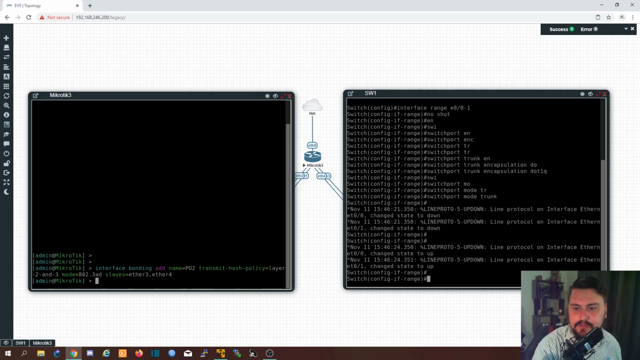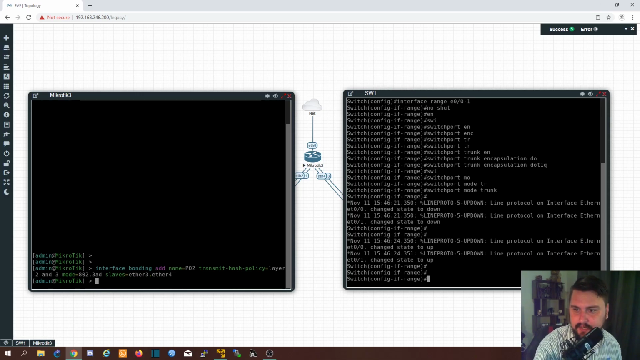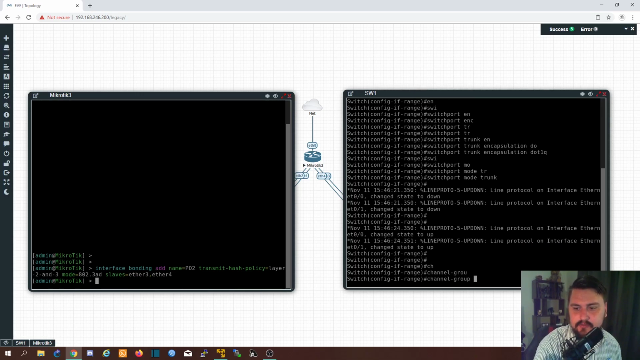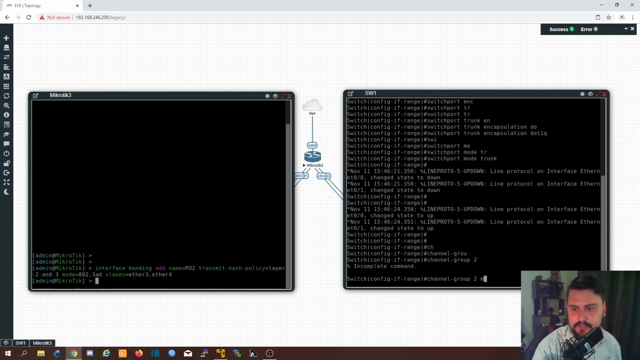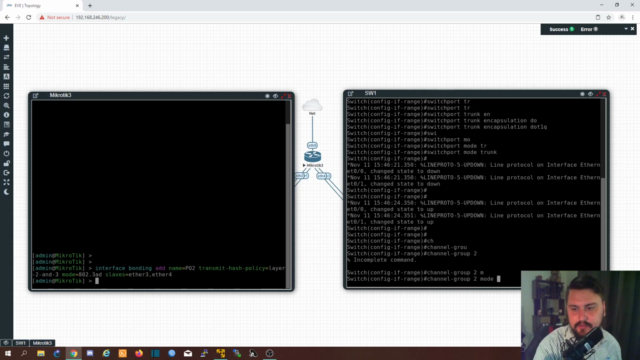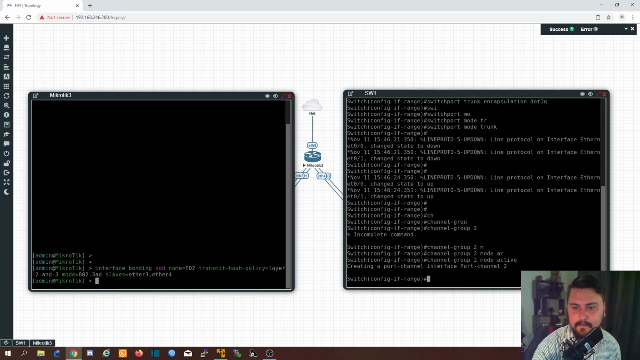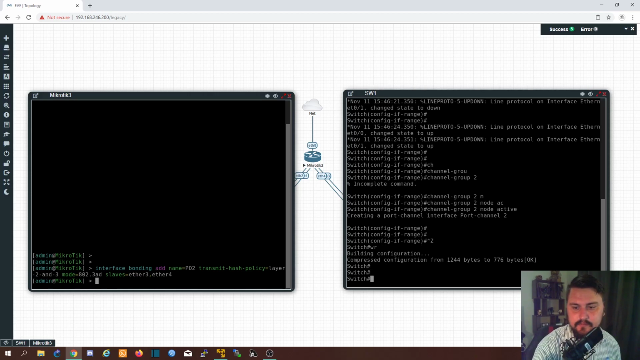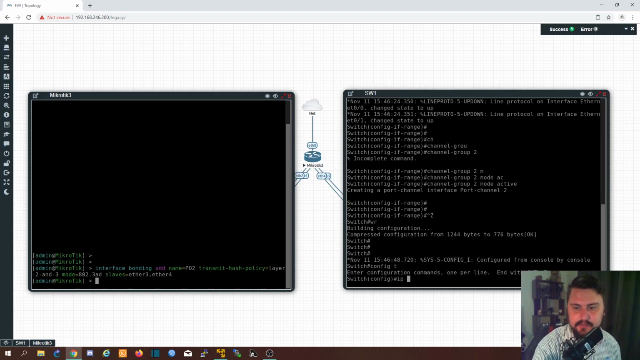And then what I want to do is add the channel group. And this channel group, I can make one, but I'm just going to make it 2 for the sake of consistency. Channel group 2 mode, it will be active. Cool. So now, if I add an IP address,